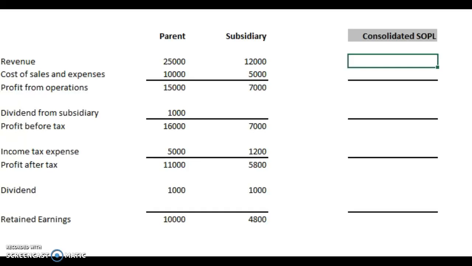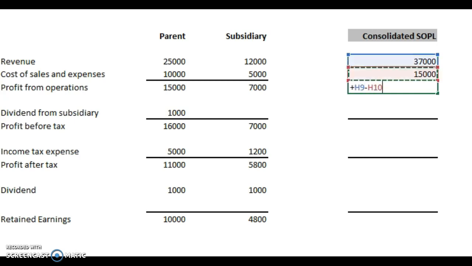So what we have here is a simple parent and subsidiary relationship, and we're going to consolidate the two statements of profit and loss. We do this by simply adding one to the other. Could not be more simple. So parent and subsidiary for the revenue, cost of sales, parent and subsidiary, which gives us a total of 37,000